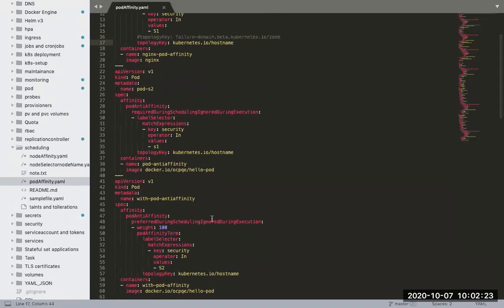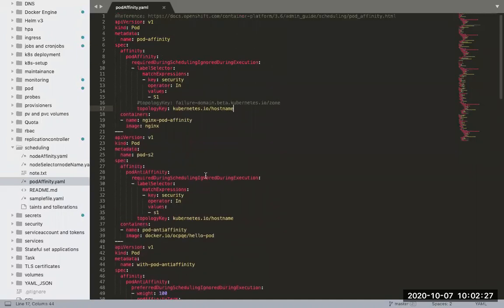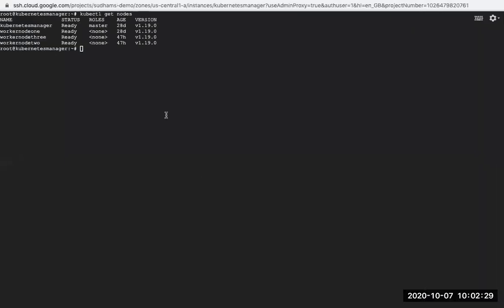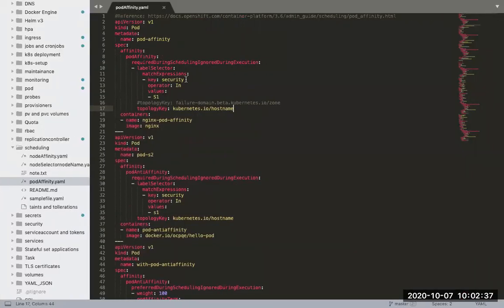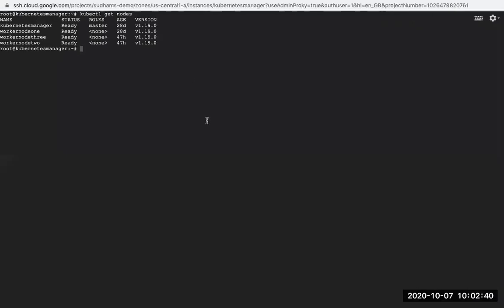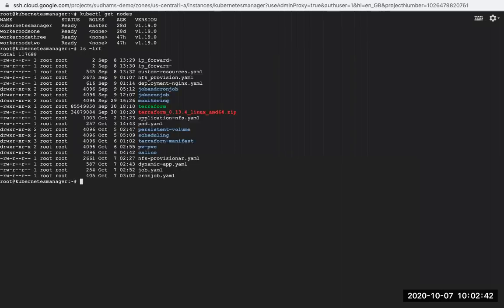We are implementing this in such a way that wherever this particular pod is running, I want to launch the pod. Before that, I want to launch some sample pod, and that pod needs to have some label, so that I can use it in my pod affinity YAML file. Let's try to deploy the pod. Let me take a sample example, the pod.yaml file. I already have a pod.yaml.